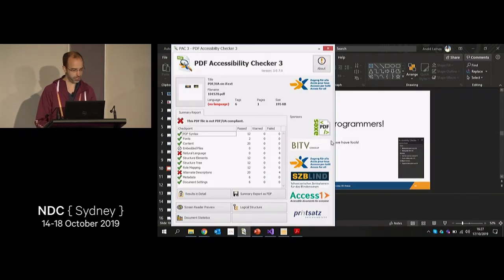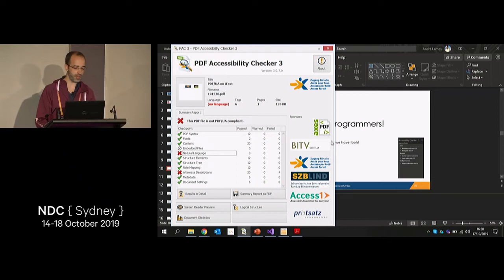So this is an accessibility checker going through that exact same document. PDF syntax, okay. Obviously I've used iText for it. Fonts: UA says that fonts need to be embedded into the document. Content, fine, there are no embedded files. Natural language, it's failing.